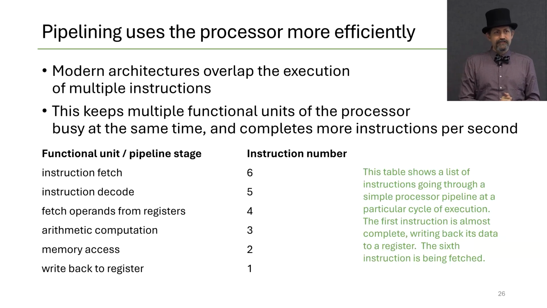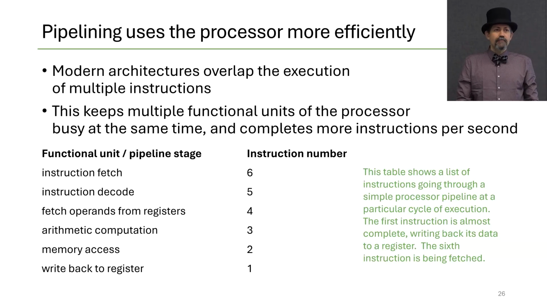with an instruction fetch. What this does is it allows us to keep the multiple functional units, the units that are doing all of these different operations, busy at the same time. So we're making efficient use of the hardware, and we'll be able to complete more instructions per second because we're doing all of the different parts of the work for different instructions all in parallel. So even if one instruction takes 6 cycles to execute, we can overlap that with 5 other instructions, and so we can get one instruction done every cycle. That's the optimal case when we can just pipeline one instruction after